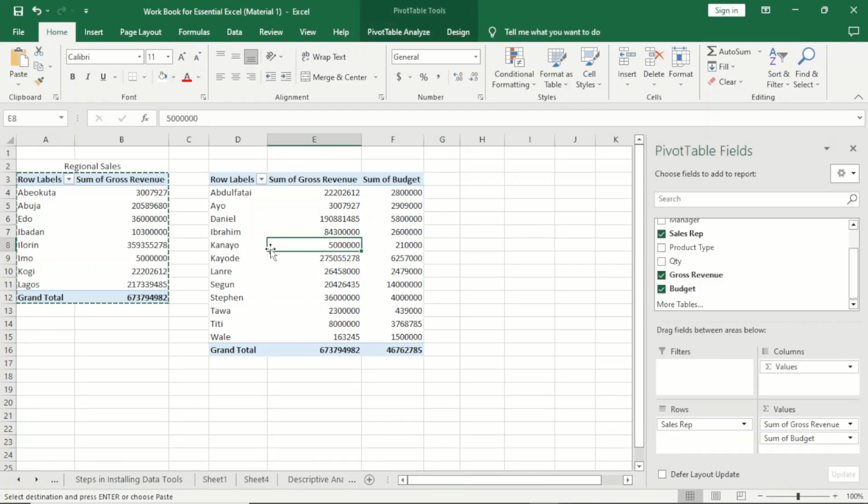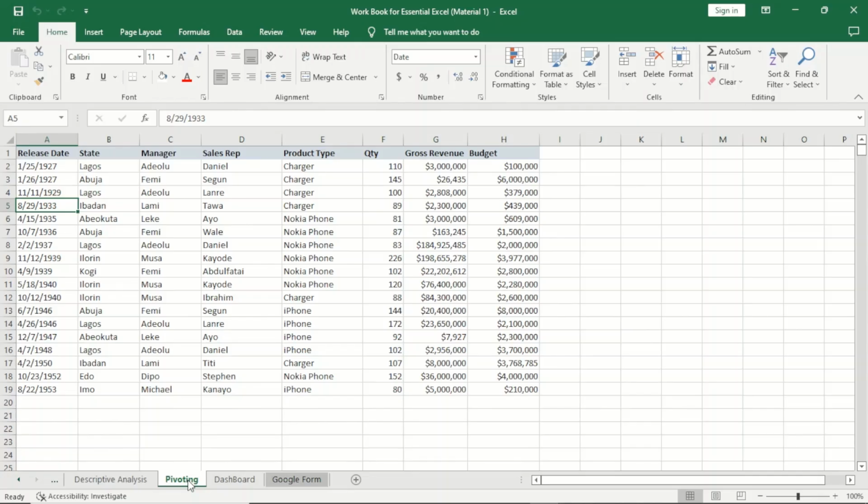So let's say we want to do something different again. Let me teach us another way of adding. That's why I said the adding existing worksheets. So let's go back to our pivoting. Now